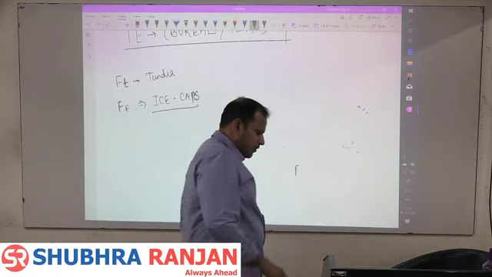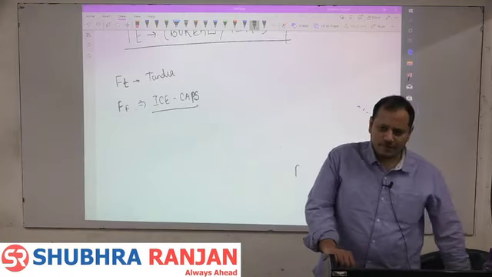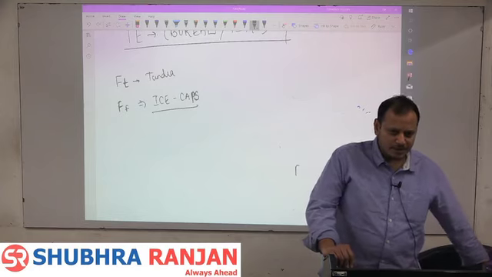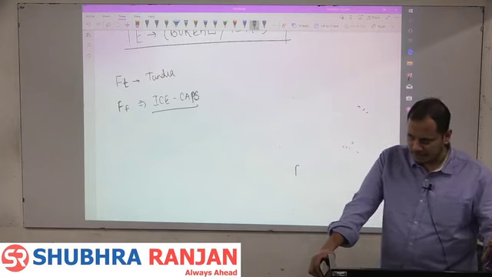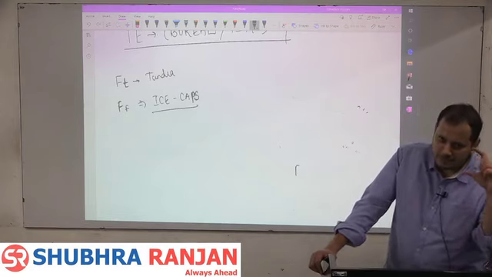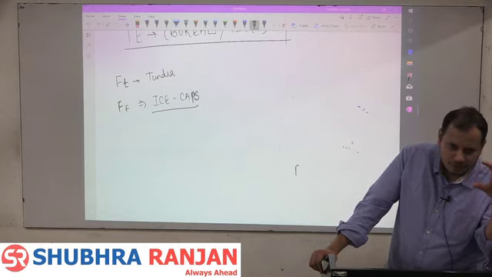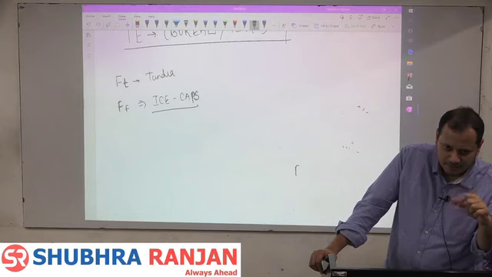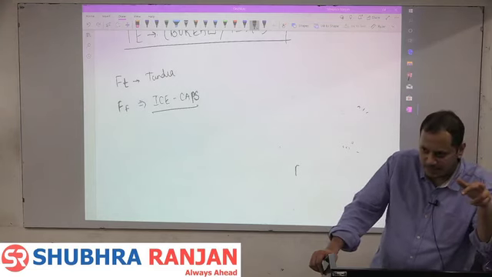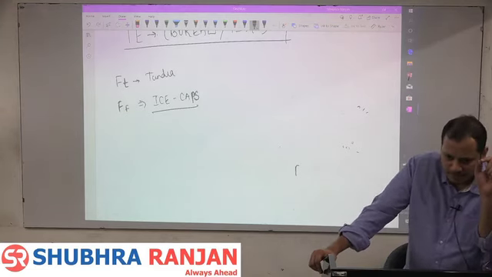Trewartha is an advocate of Köppen. So if this question comes, Trewartha is an advocate of Köppen, you have to present how his classification is similar to Köppen's classification. Means you will write in very short what Köppen's classification is, then you will tell what Trewartha's classification is, and then you will compare the similarities. Fine. Next point.